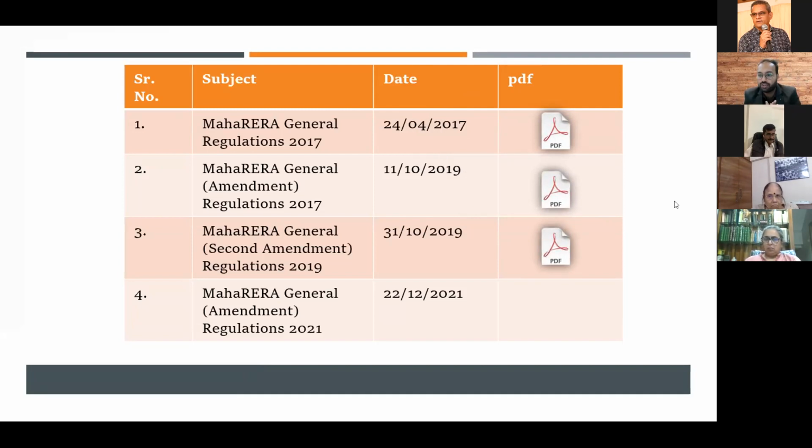In the second amendment, there was only a revision in Form 3. Till now, only Form 3 was amended. But now all the forms are changed, and it has a wide impact in the real estate sector because it is specifically targeting the utilization, the deposit, and the withdrawal. And the most important thing on the part of the architect and engineer is that everything should be as per the agreement for sale. So someone is not on mute. Hold on. Yeah, thank you.